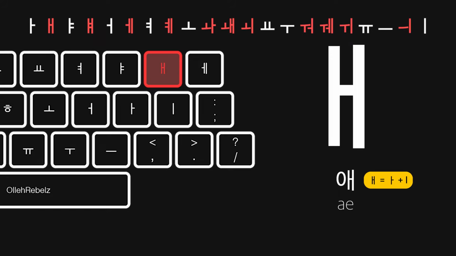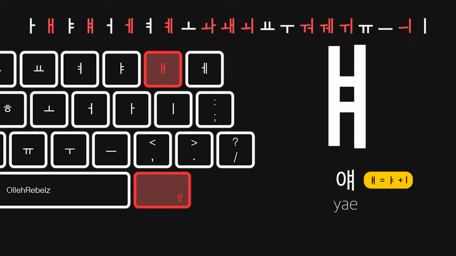We already covered the 10 vowels earlier, but just like how there are double consonants, there are also double vowels. There are 11 of them. In order, they are 에, which is a and e combined, 예, which is ya and e combined,